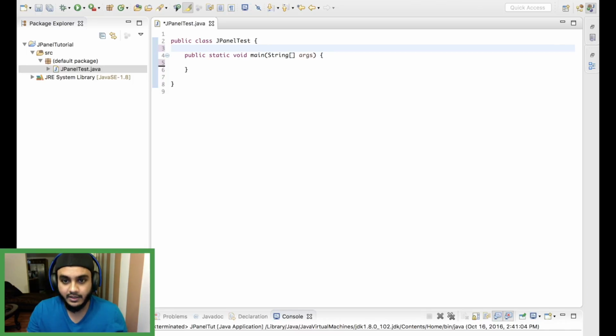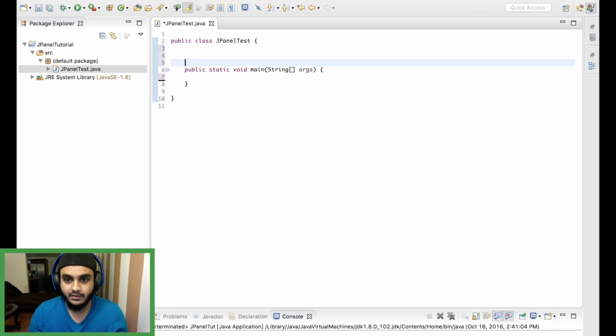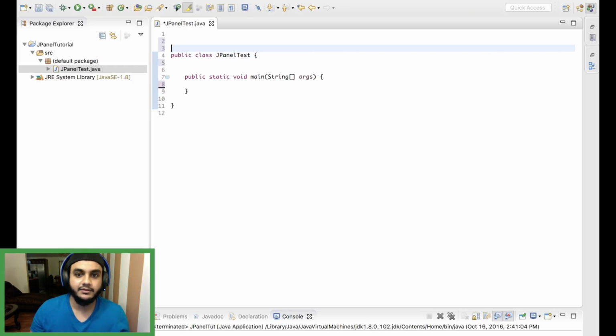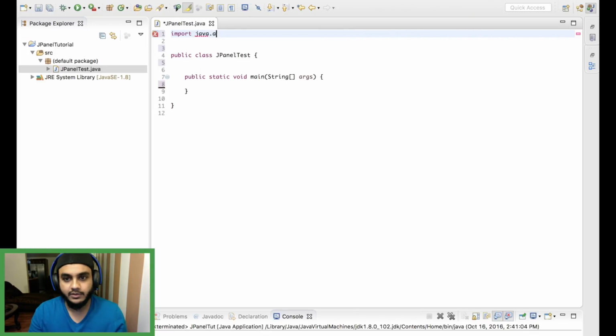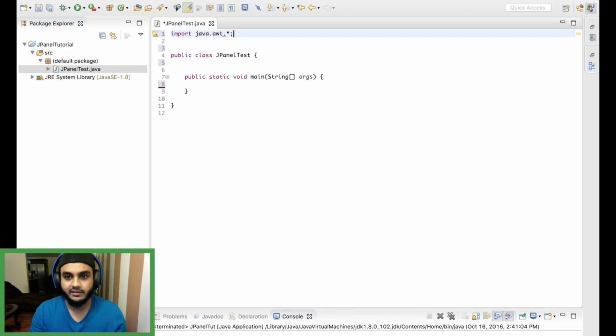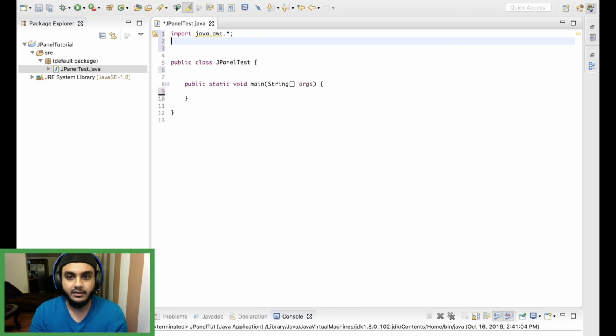Alright, so we're gonna start off with the methods that we're going to use. So we're going to import the stuff we need to basically complete this project. So we need to import java.awt.*. This will basically import everything in the AWT class. And then we're going to also import